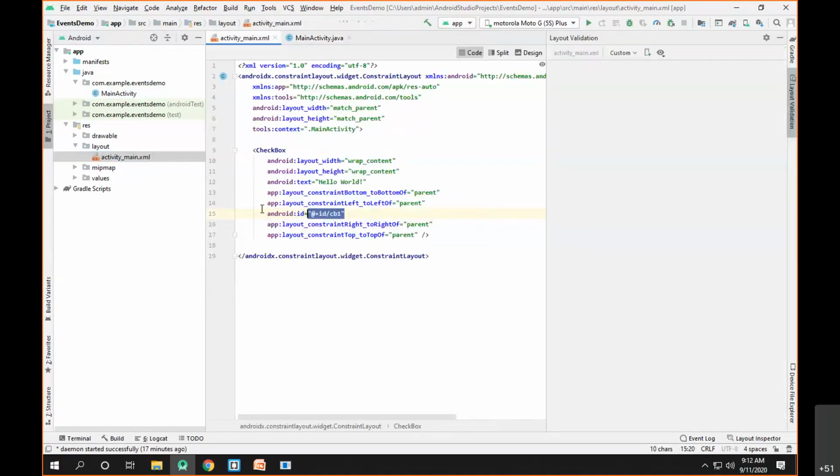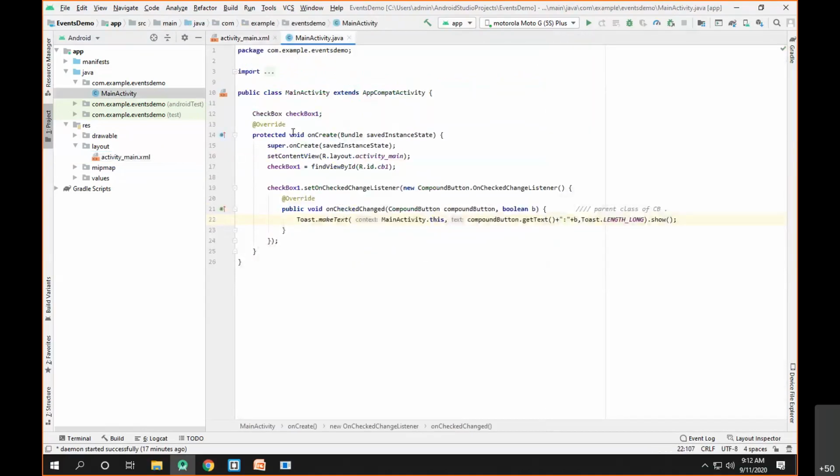We mapped the XML layout element to our reference using the method findViewById, and then applied a method to register a listener with the checkbox, and the corresponding listener is OnCheckedChangeListener. Based upon method overriding, we decided what to do with this checkbox. Now let's try to run it.